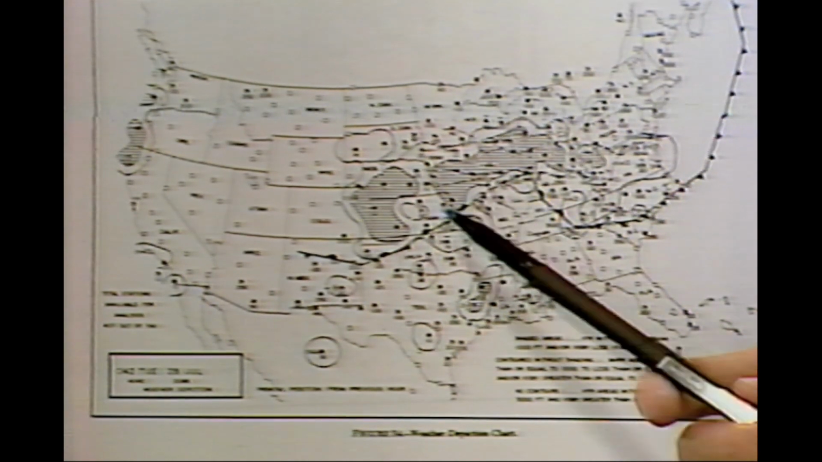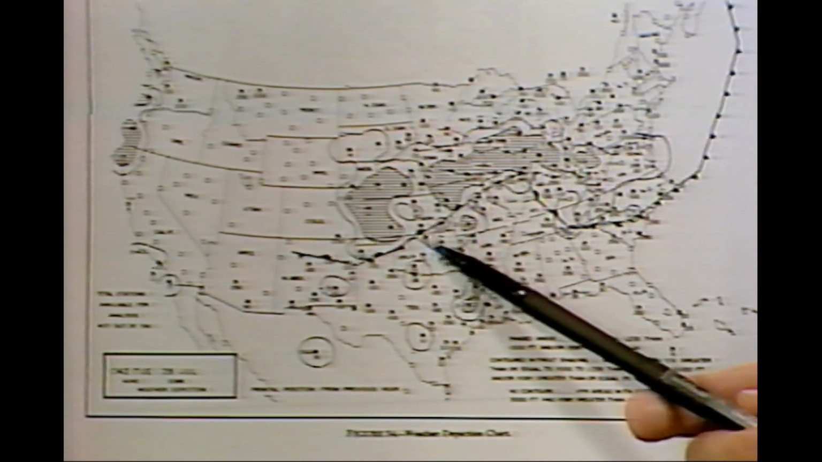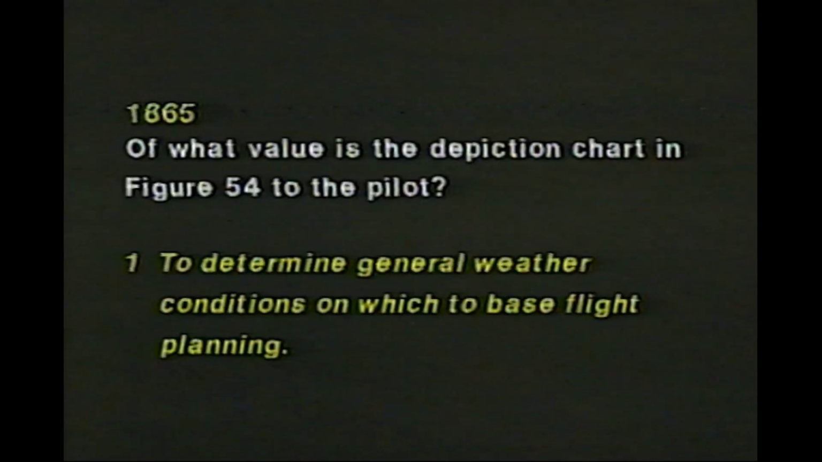We'll show you some things in some following problems that pick this apart a little bit, but the answer to that question is number one, to determine general weather conditions on which to base flight planning. 866. The IFR weather in eastern Texas in figure 54 is due to. Well, remember, IFR weather is that shaded or cross-hatched area, so we need to find the IFR in eastern Texas,